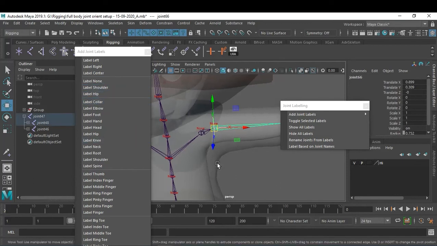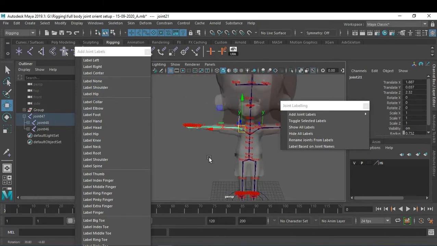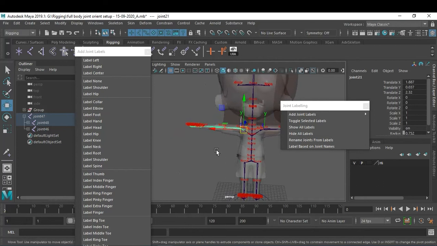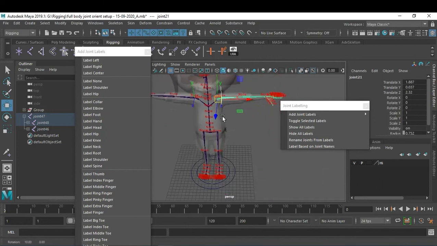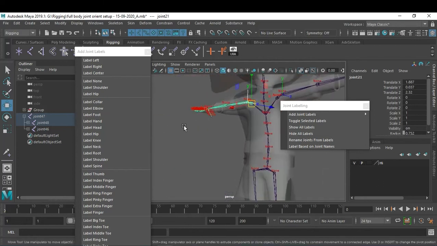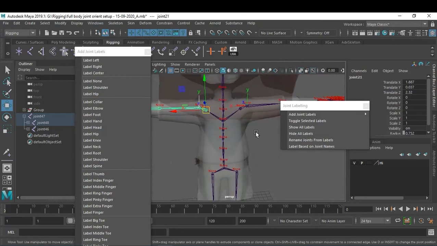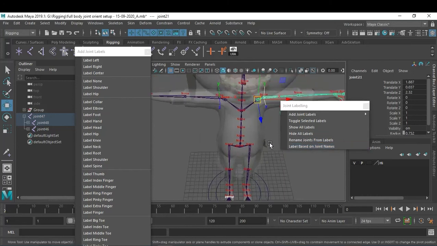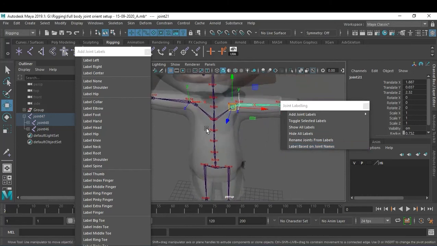First we have to define what is right and what is left. So this is my left. Basically, if you are sitting over here and you can see like this, or you can consider her as your mirror, you can take this as right also, but right now I'm going to take this as the left joint and say Label Left.